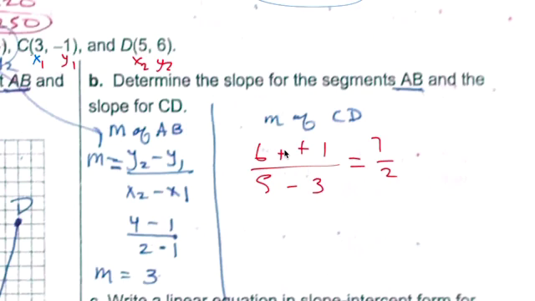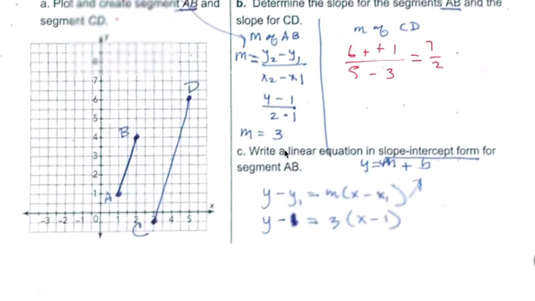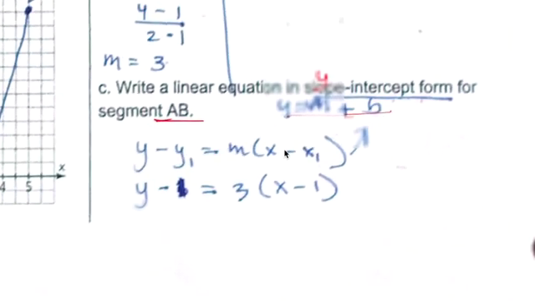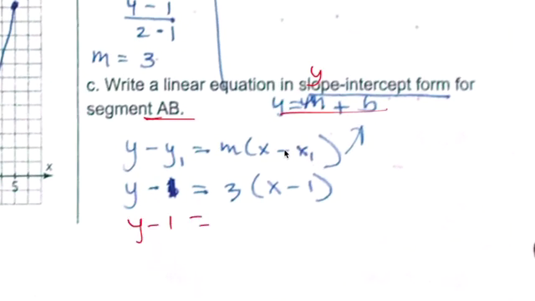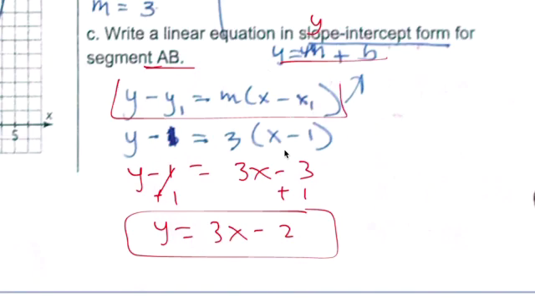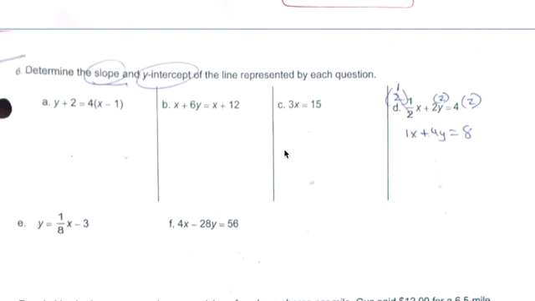So your slope is, okay, they only wanted, they want you to do this work only. Because in slope-intercept form, y equals mx plus b. Let's solve that, right? y minus 1 equals 3x minus 3. Add 1, add 1. y equals 3x minus 2. So that's in slope-intercept form. That's point-slope formula, by the way. Okay. Number 6, determine the